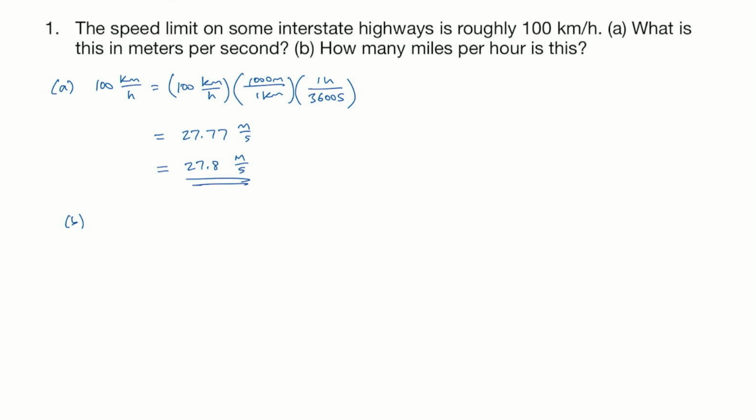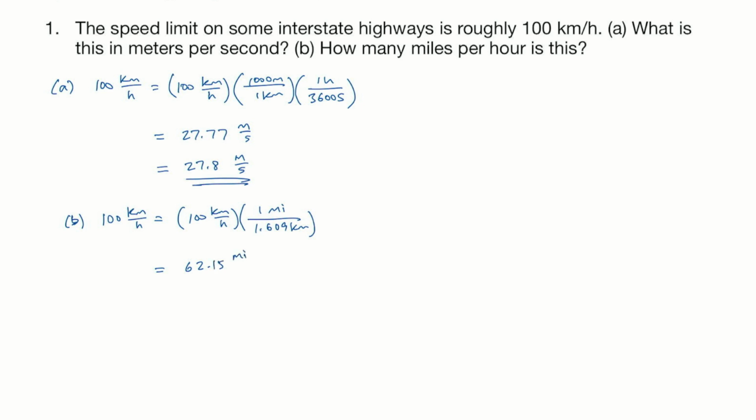Now we need it in miles per hour. Okay, so we start out the same way. 100 kilometers per hour equals 100 kilometers per hour. And in 1 mile, there is 1.609 kilometers. And we need it in miles per hour, and we've got hours, so that's all the converting we need to do. I did the calculation and I got